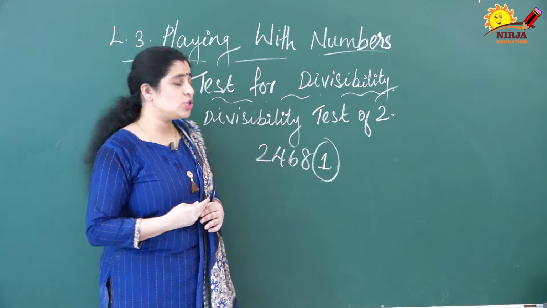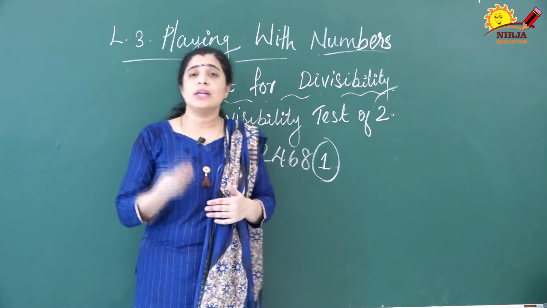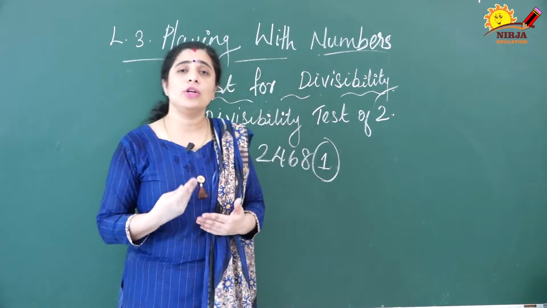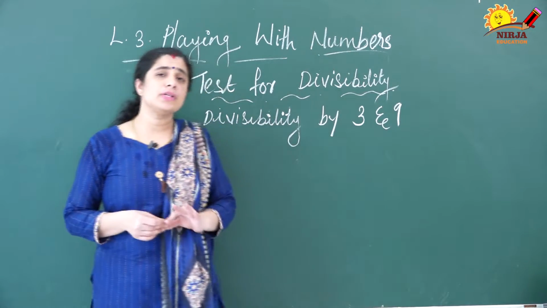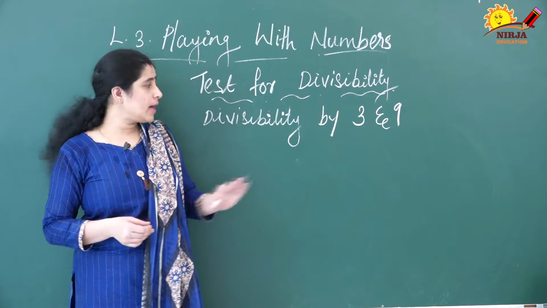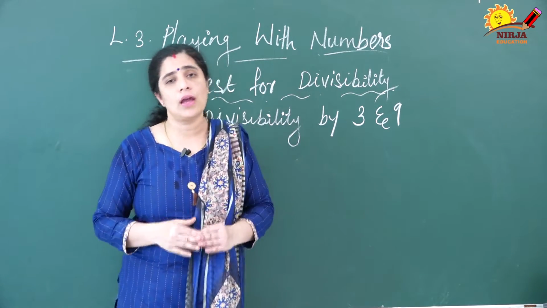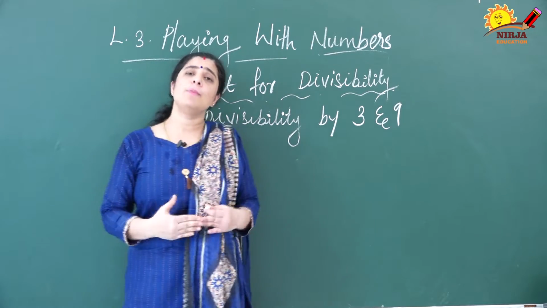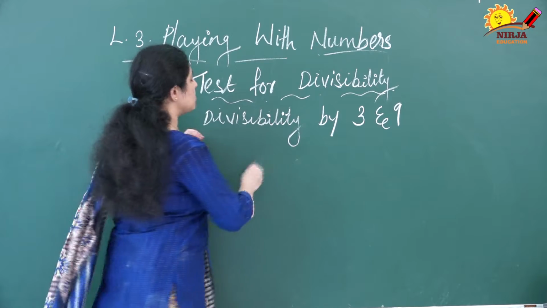Now we are going to check the divisibility test of 3. How you will know whether the number is divisible by 3 or not. Next we are going to discuss whether the number is divisible by 3 and 9. The same rule you have to follow for 3 and 9. You have to find the sum of the digits given. So I am taking one example here. Suppose the number is